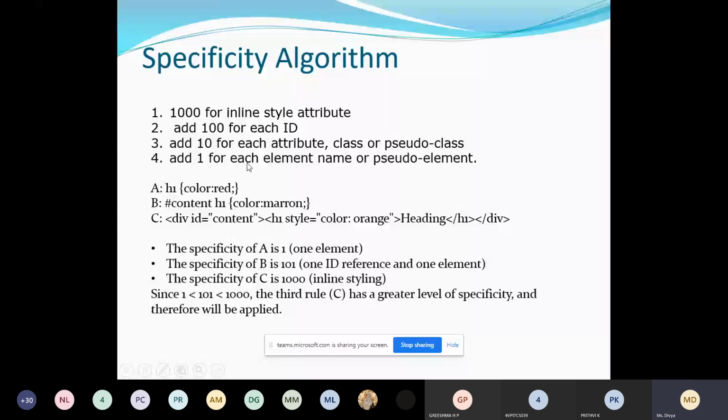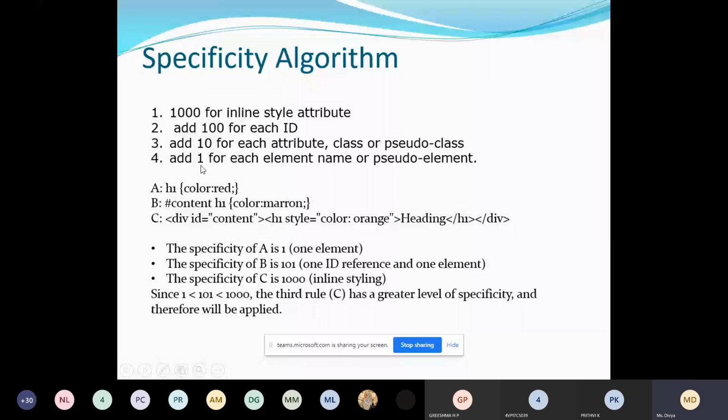If you find an element selector or pseudo element selector, they will have the value 1. So this is the simplest way I have explained this algorithm: inline is 1000, ID is 100, attribute, class or pseudo class is 10, and elements are 1.